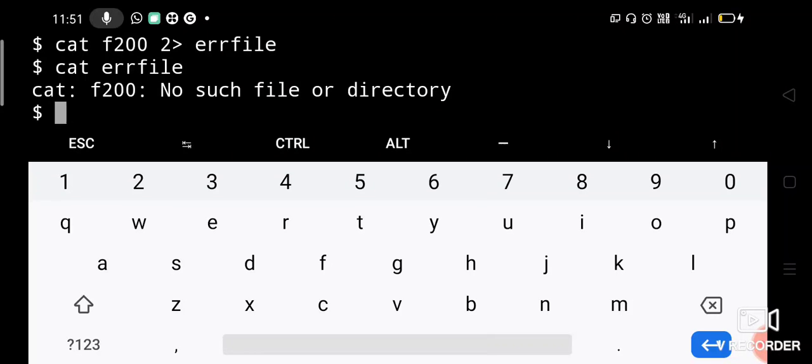Okay, so now you can also append some content to error file. Let us say cat f500, which is also